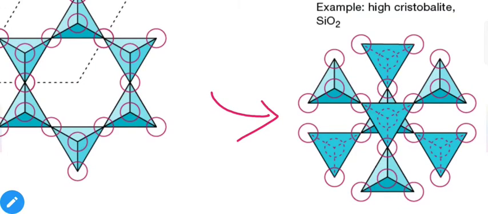And in the last example, we have this type of structure in which all four oxygens are shared. For that we need two different layers. All of the previous examples were single layer. In this case we need two layers. So let's say the bottom layer is our main layer and we are talking about the bottommost silicate present at the center. Already three of the oxygens are shared within the same layer, and the fourth oxygen present at the top of the silicate is shared by this top silicate, which is not a member of the bottom layer. So that's how you will get the four common oxygen structure.